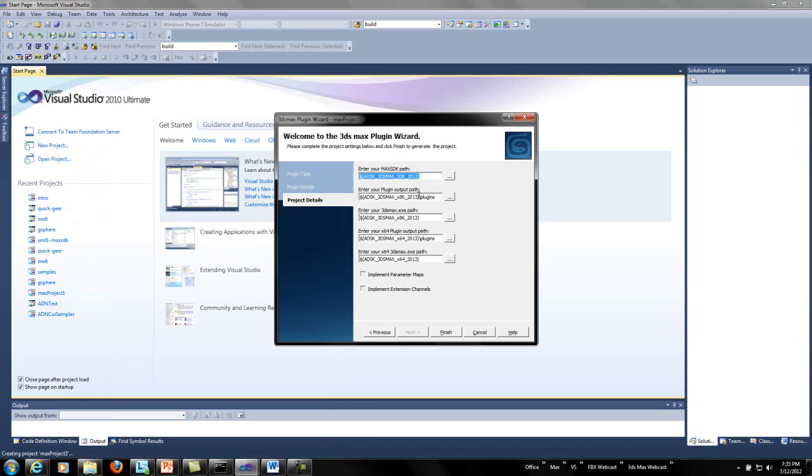Alright, so plug those variables in as appropriate. That's going to transfer those variables into your projects, and that's going to make it a little bit easier when you move forward into new versions to port your project files themselves. So you just change the variable, and that's going to update the project settings. So I'll click Finish,